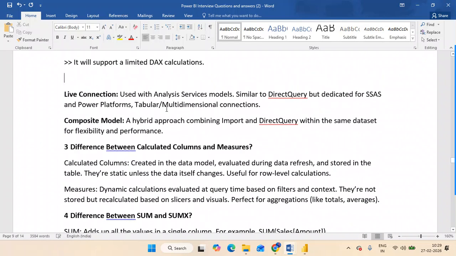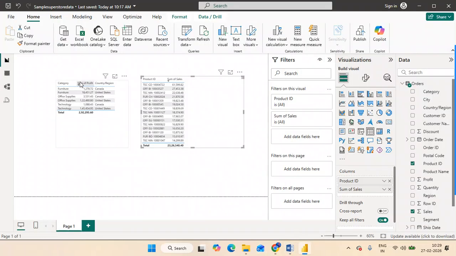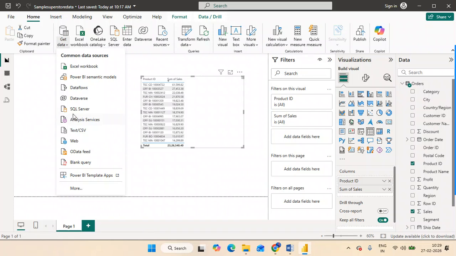So that is live connection. SSAS means SQL Server Analysis Services. If you click over here, see what it is showing: live connect or import data from the SQL Server Analysis Services database. And for the Power BI semantic model, it creates a live connection to semantic models in the Power BI service. That's how power platforms are supported for live connection.